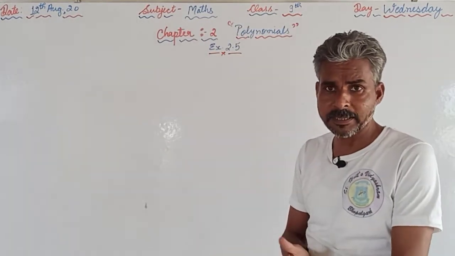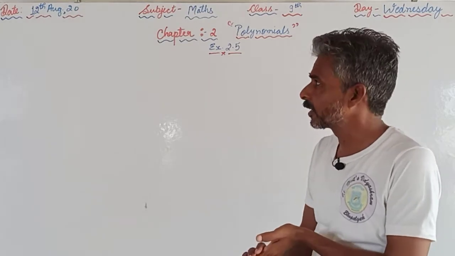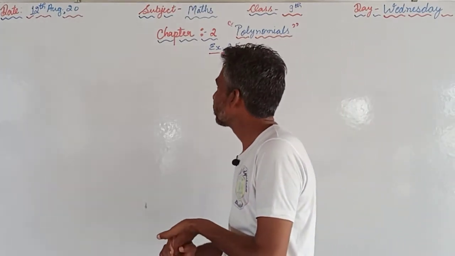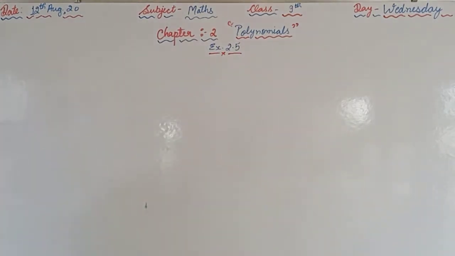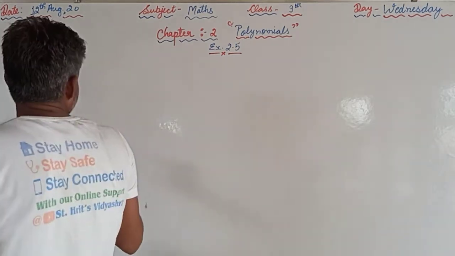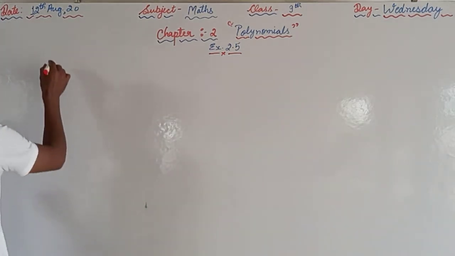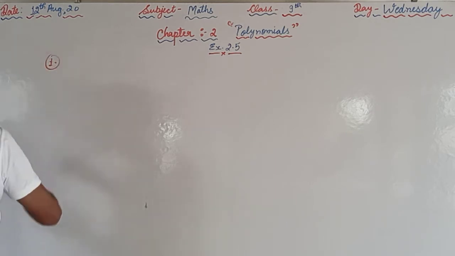This video is for class 9th and the subject is maths, and we are continuing the same chapter, chapter number 2, and the name of the chapter is polynomials. We have already discussed the questions given in the exercise up to exercise 2.4. Today we will start exercise 2.5, and the first question in exercise 2.5 is we are supposed to